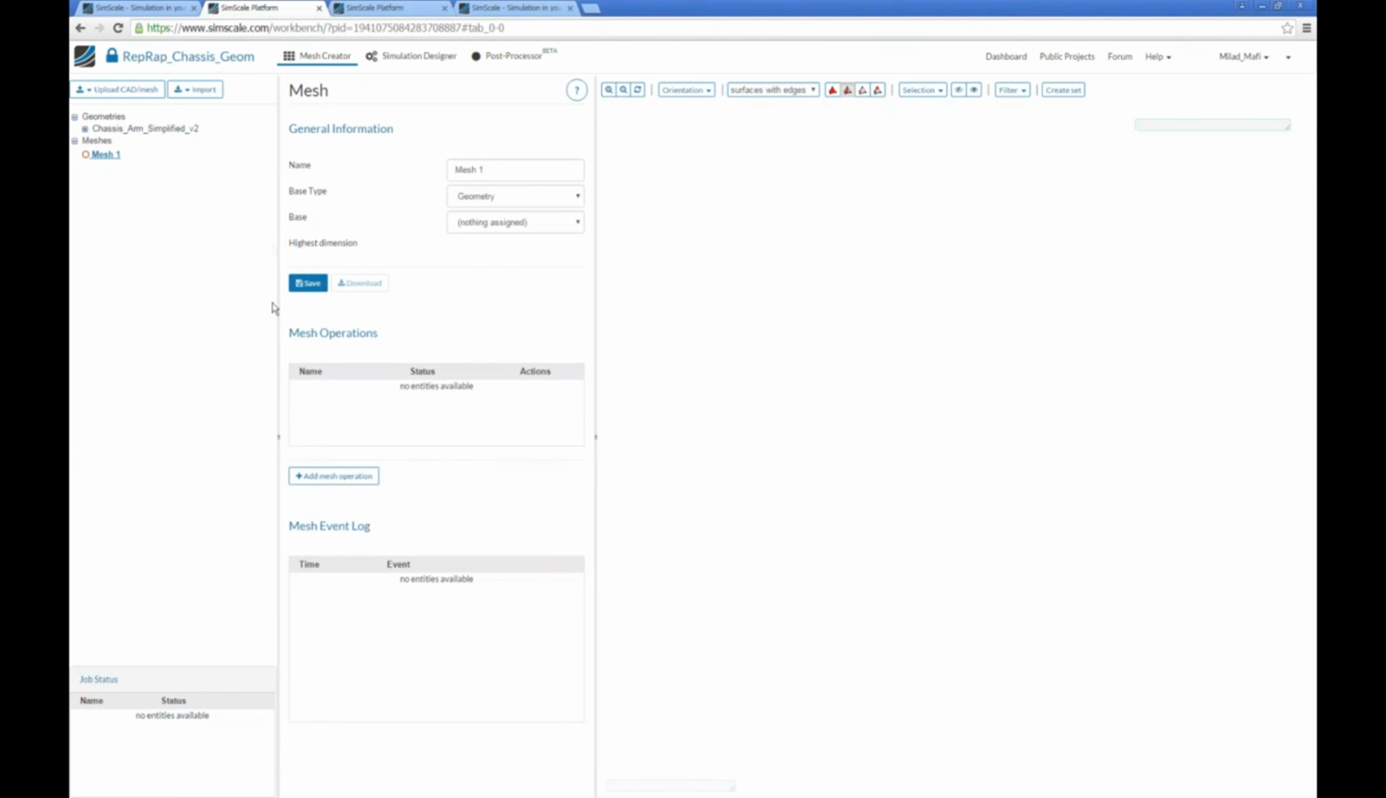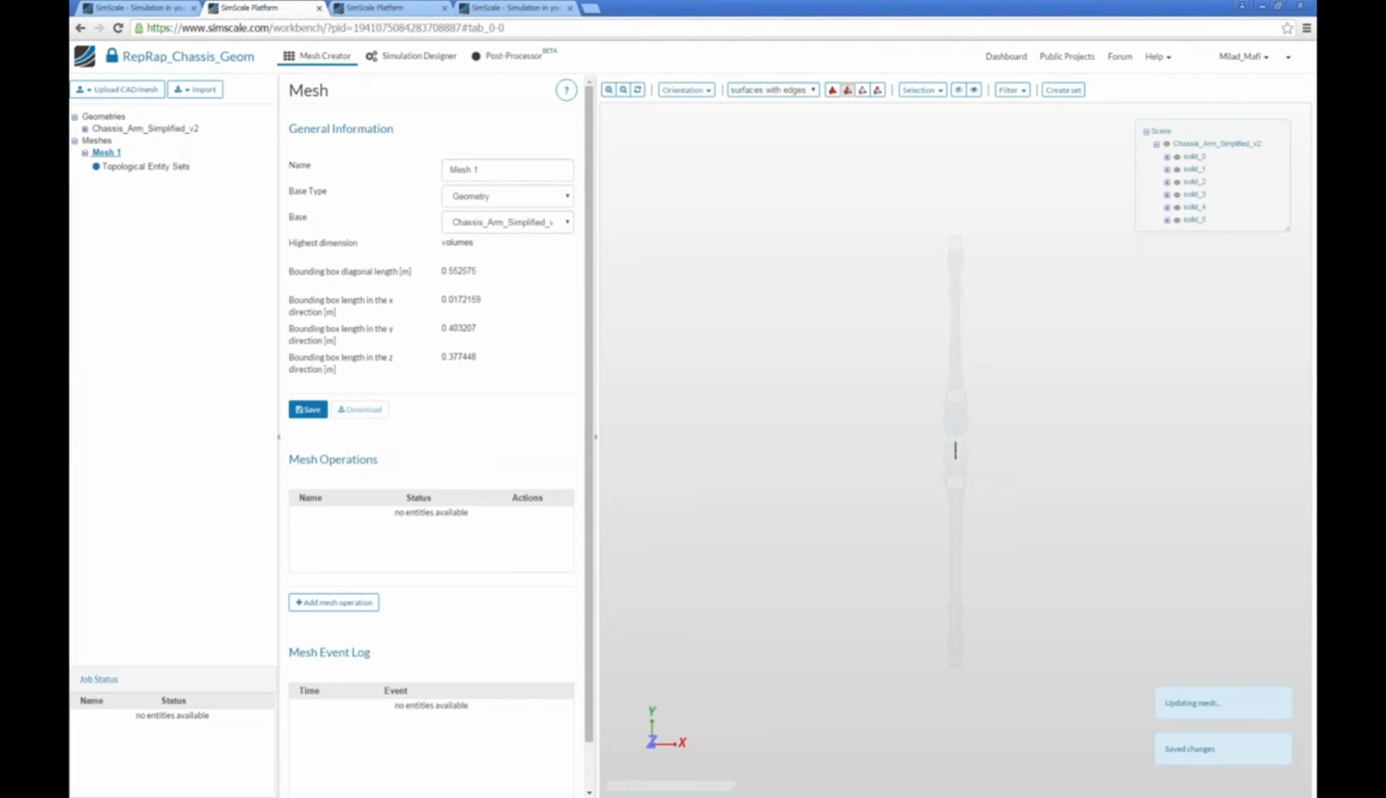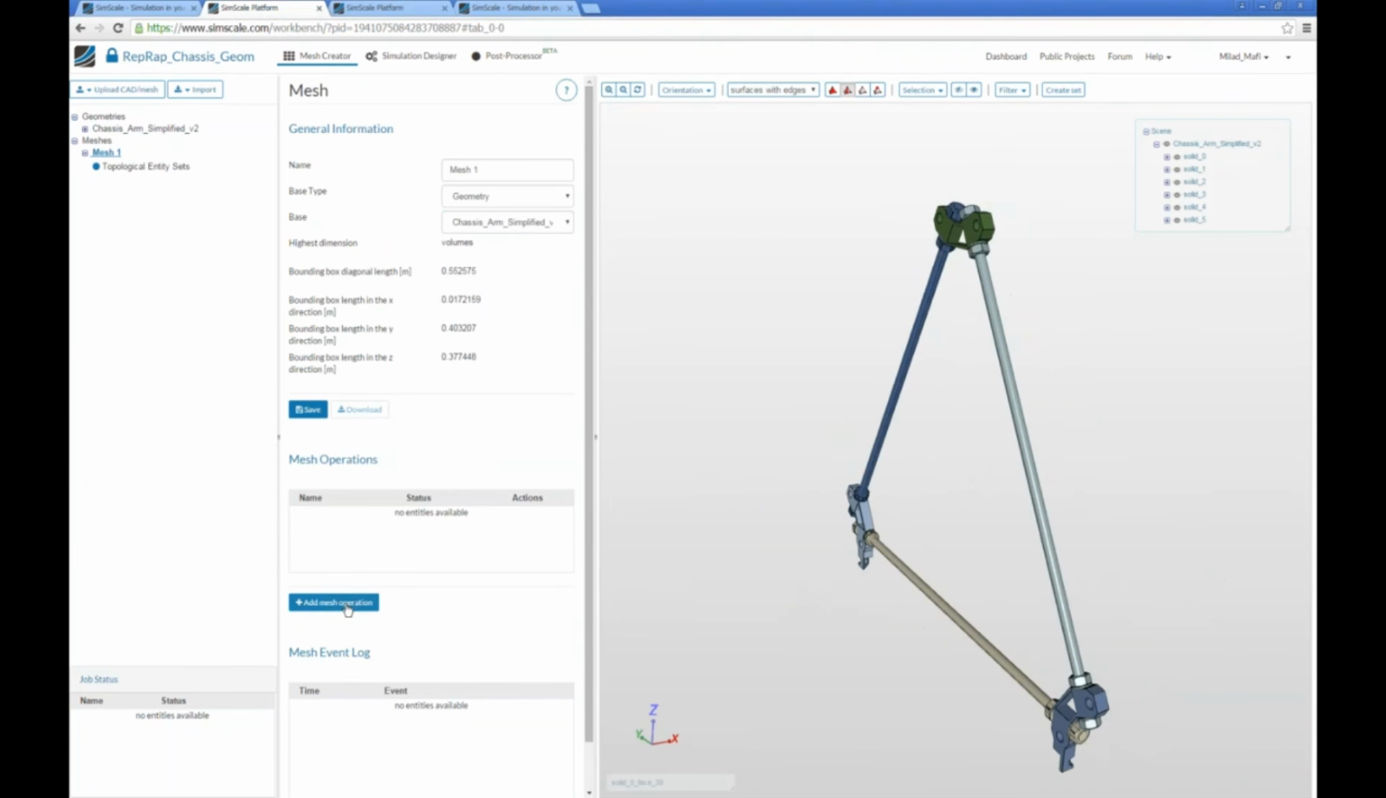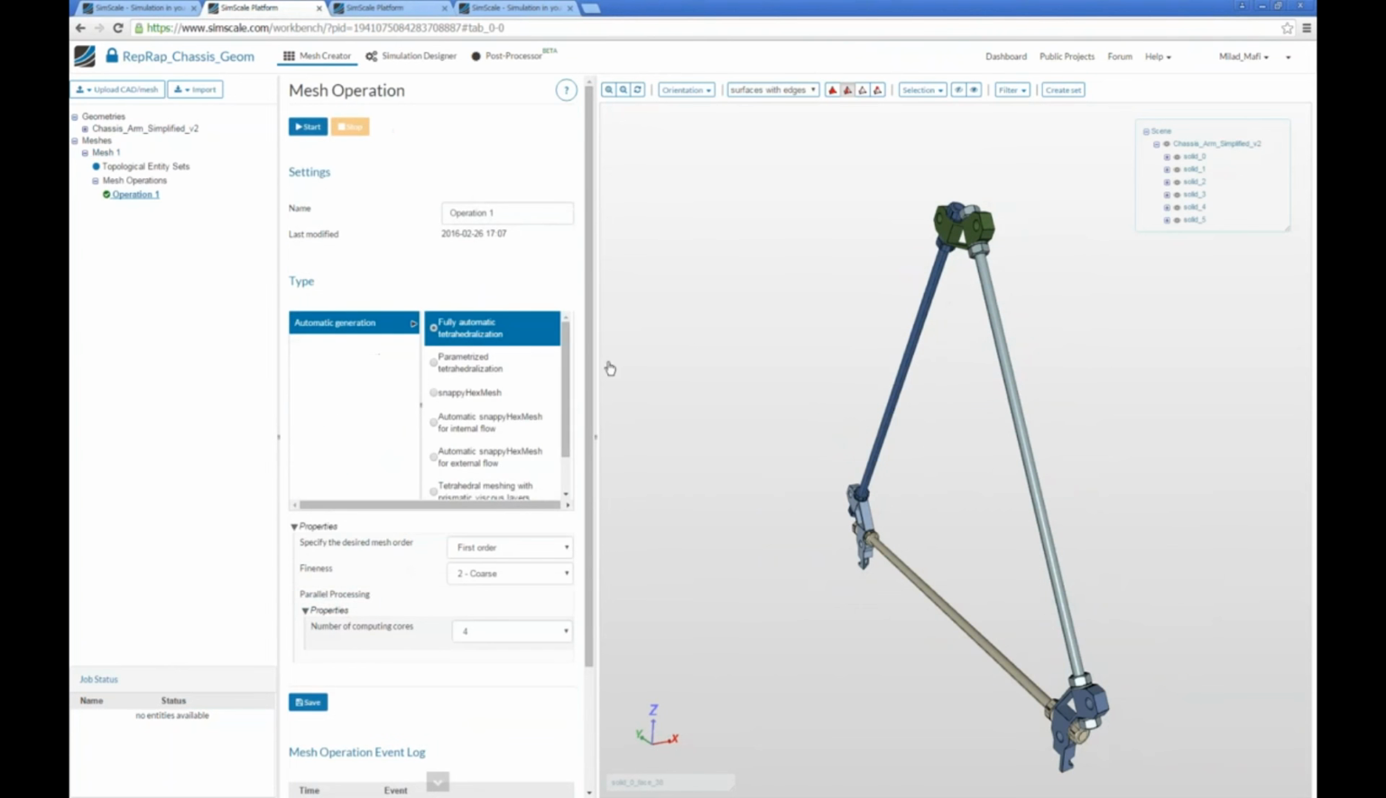Click the Create Mesh button to create a new mesh project. Then select the base, so the geometry you want to mesh. In this case, we only have 1 geometry, so save. Then this model will also be associated with this meshing job, and you can see it then also here in the 3D menu. Now we have to add the mesh operation,